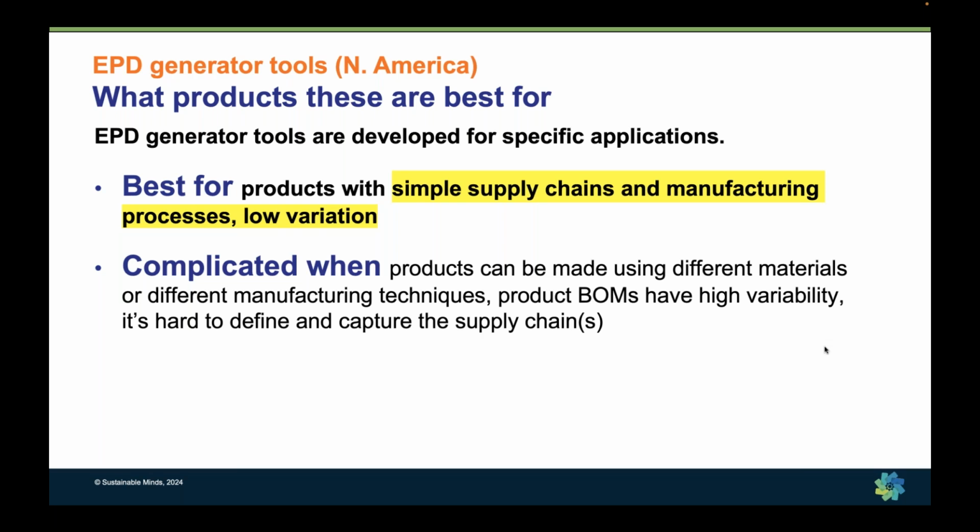But if each EPD is expected to have very different bills of materials, different ways the product gets manufactured, different steps, different supply chains from different regions, every one of those variations has to be verified for correctness, which again makes the review process similar to traditional LCA and needs to be reviewed on a one-time per EPD basis.